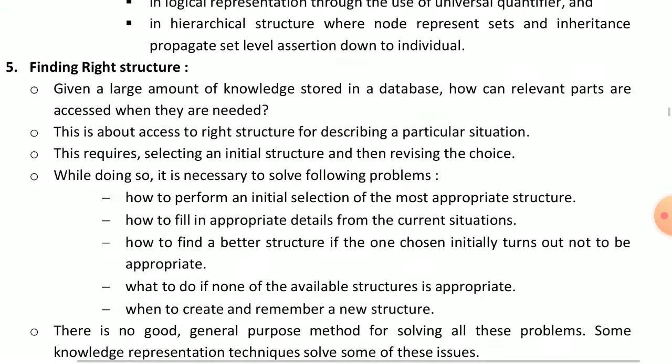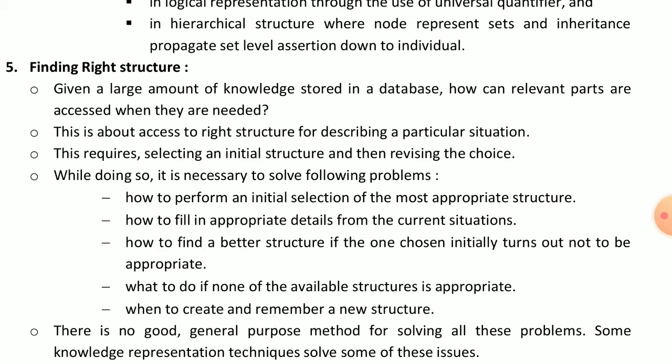Here we can have a large amount of knowledge and we can store that knowledge in one database. For storing that data we get some particular space. Here we can take different situations, like this requires selecting an initial structure and then revising the choice.